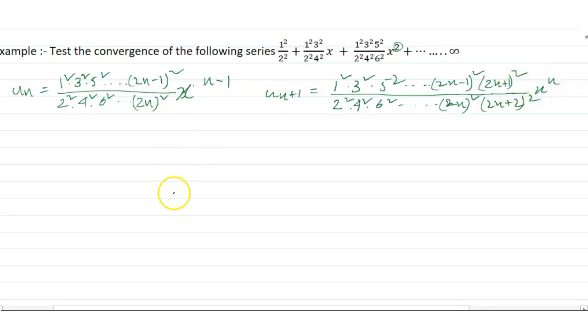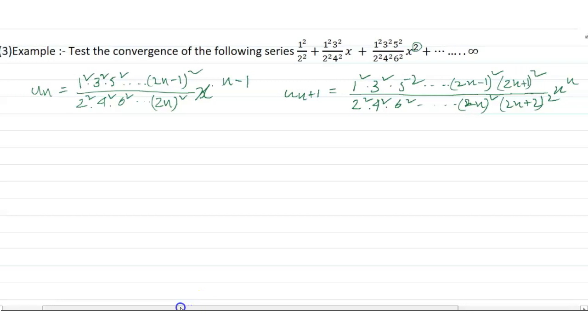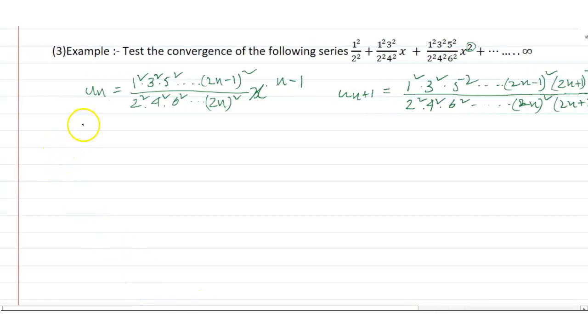And now whatever I see, I get n into the D'Alembert ratio test, limit n tends to infinity